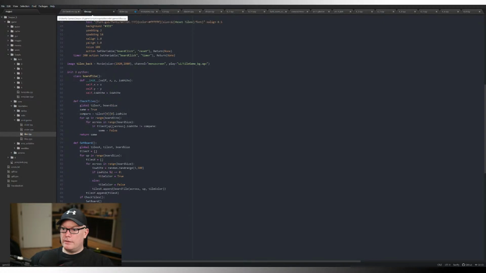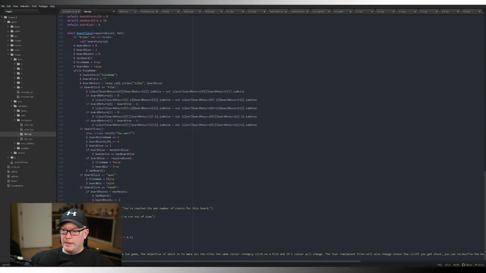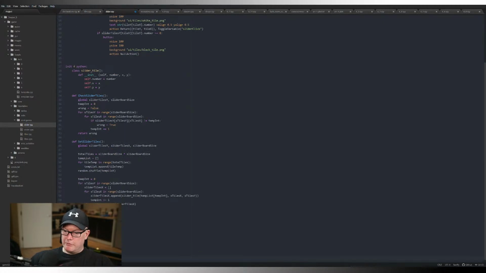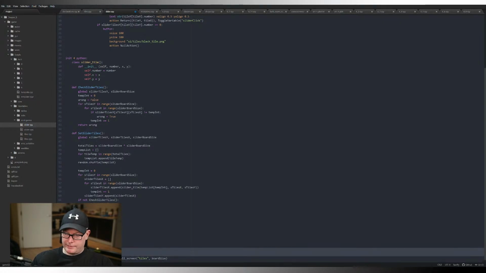Okay, so realistically, I can actually copy some of my code from my previous bits here, but I can't do that, but I can certainly copy that bit and just paste. Saves me having to rewrite it all. Oops, get rid of that. Well, it's going to do audio check tile game. It's just going to play some music. Don't worry about that. Setting board click, board return is equal to, and we're calling the screen this time